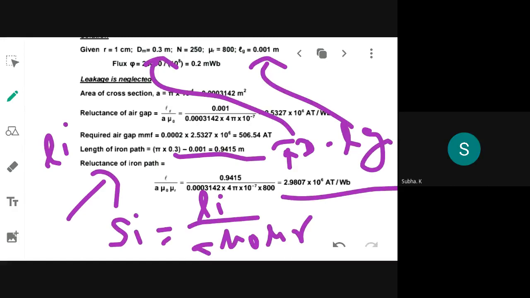Okay, all the rest, I have already told you how to solve the problem. You have to continue with the problem, and before I take attendance, you have to tell me what is the answer for current for the first case. Are you people solving or not? Next step is you need to find out the total MMF. Then you have to substitute in the formula for N into I. Find out I, that's all.